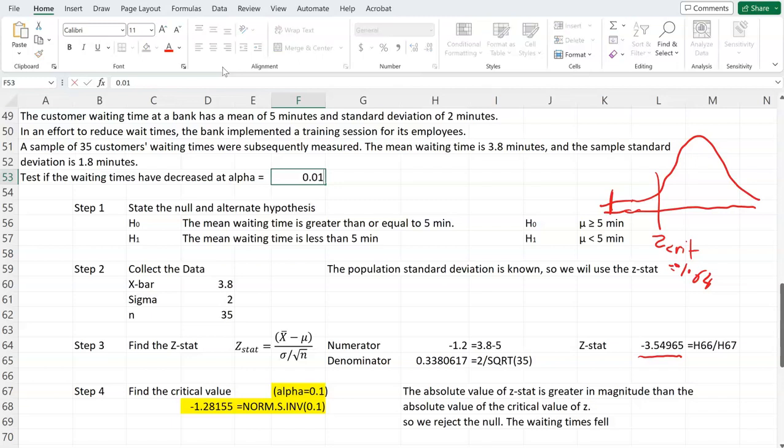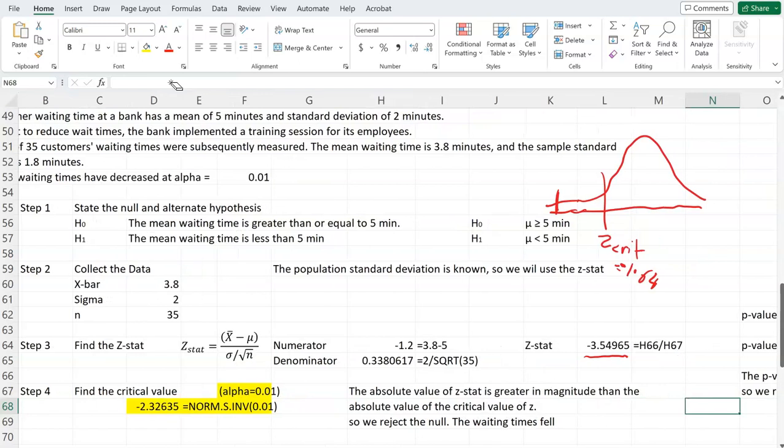Now, let's say if I were to find the case where alpha is 0.01, then everything else again stays the same. I just need to update my alpha down here to 0.01. And so my critical value is going to change to negative 2.32. So instead of z-critical being 1.64, z-critical now will be equal to negative 2.32. But my z-stat is negative 3.54, which is way out here still,